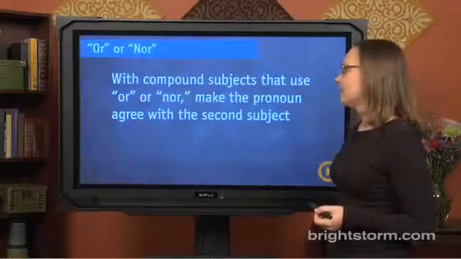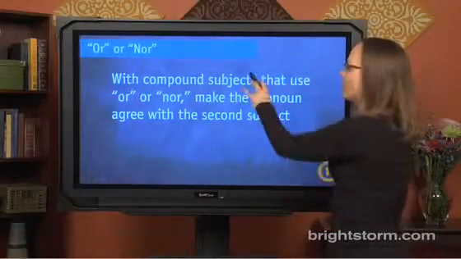The second rule is how to use or and nor. When you have compound subjects